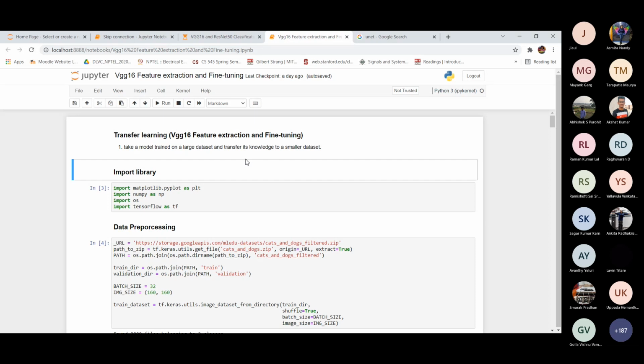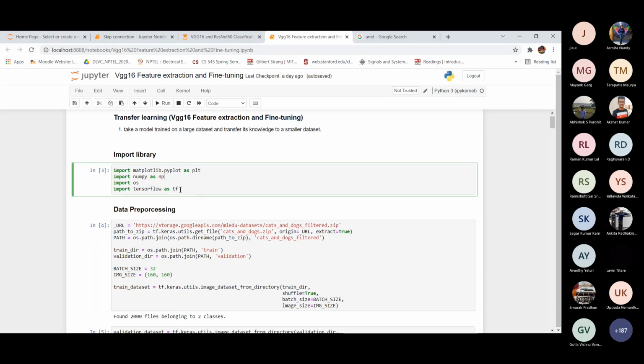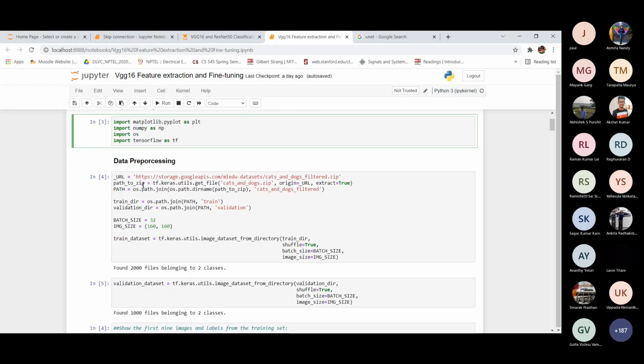Okay, so this is what I'm going to discuss. Here I'm importing the libraries: Matplotlib, NumPy, and TensorFlow. I'm using this cats and dogs dataset, which you can download from here, and after downloading, we are extracting it